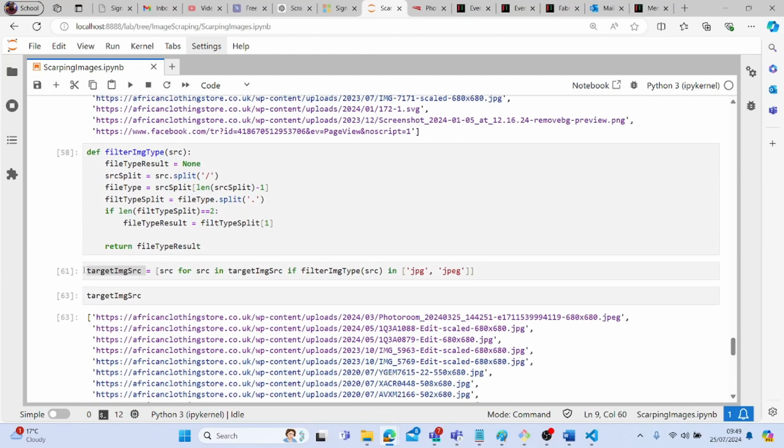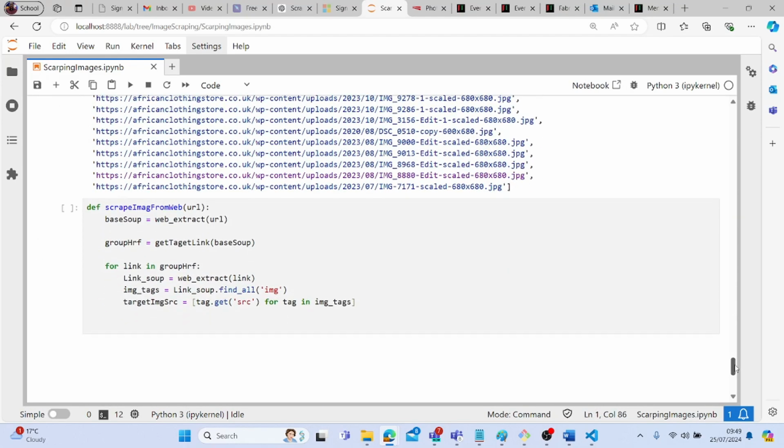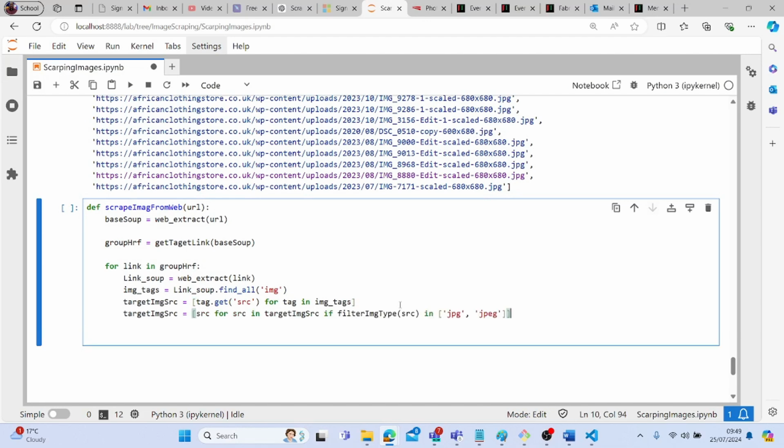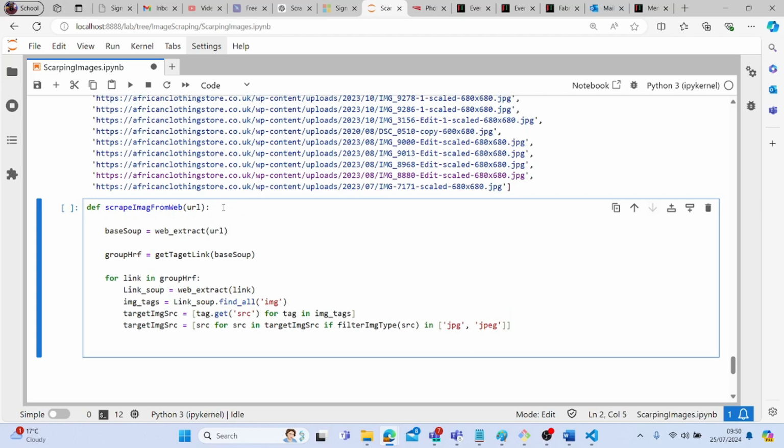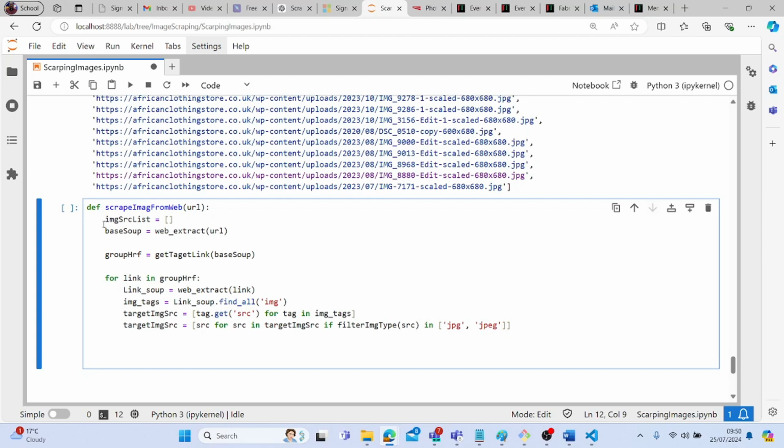We need to sieve that list of sources, which is this. We need to sieve the list of sources using this function. So we have this function, which helps us to filter the list of sources. Let's say we have the output as image source list. So let's keep extending. We extend by saying image source list